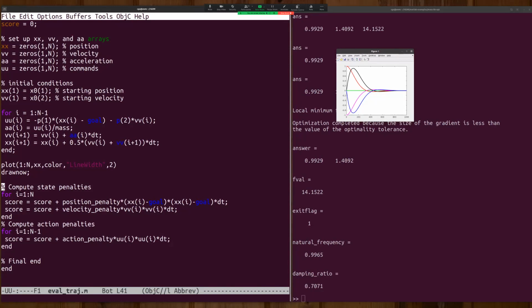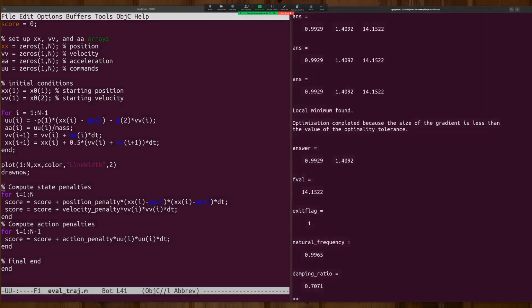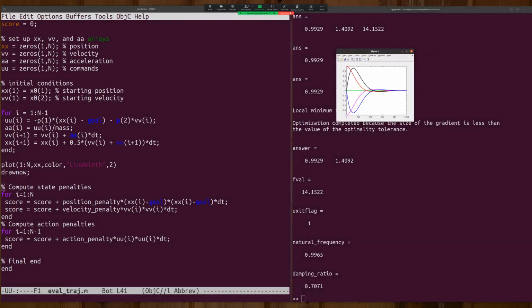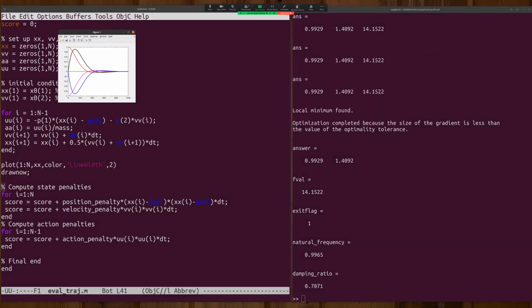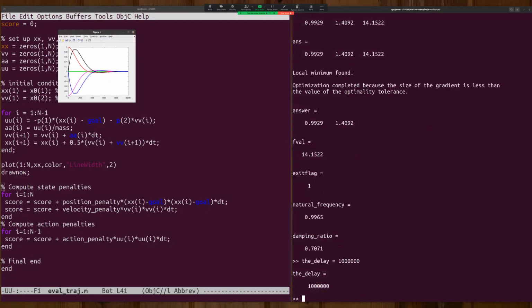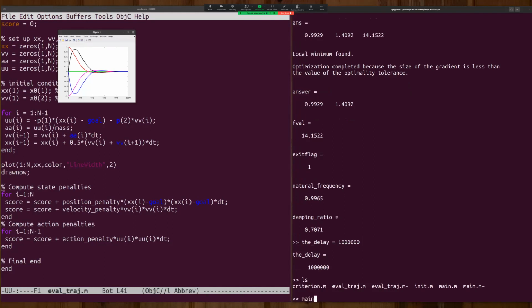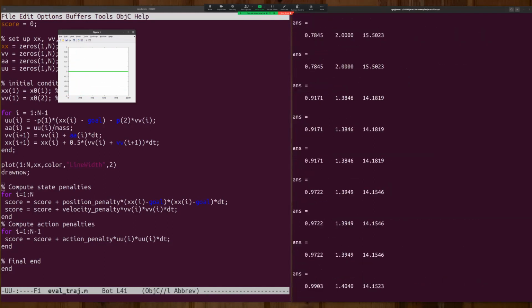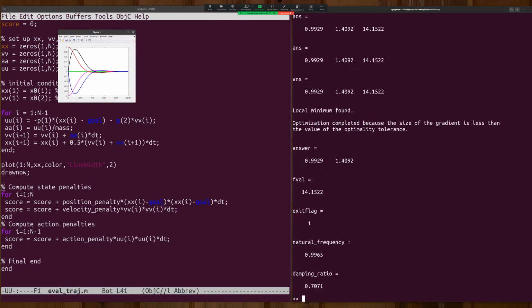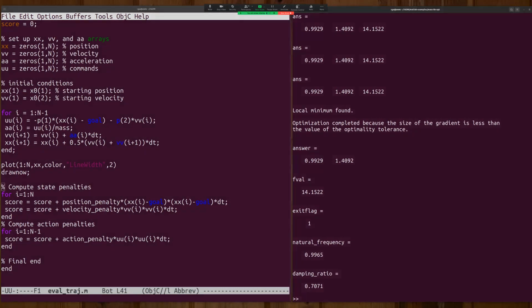law. Okay. Now what I want to do is, having hidden the, okay, so let's put that over here. I'm going to add a delay to this thing so we can see what's going on. And I'm going to say main. And as you can see, it tries out different things. It's printing out the stiffness it likes. It's printing out the damping it likes.